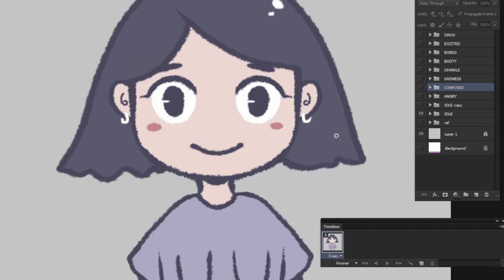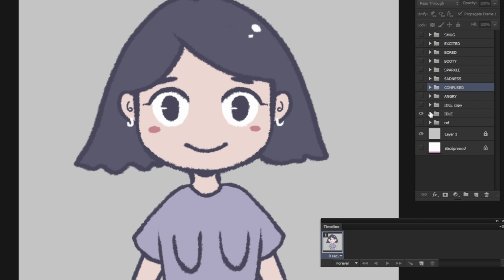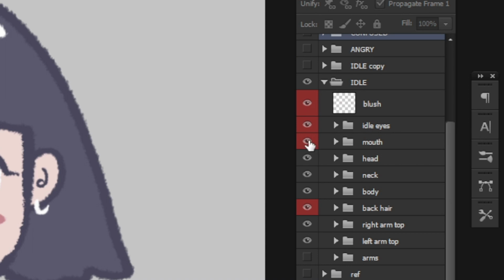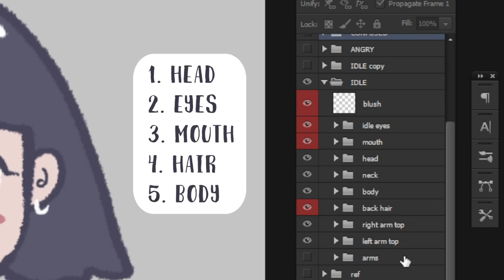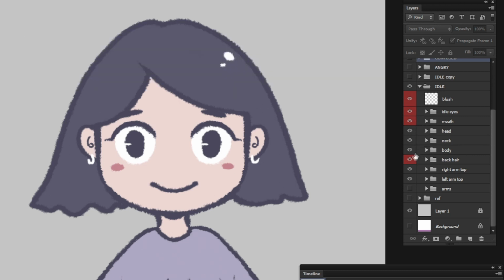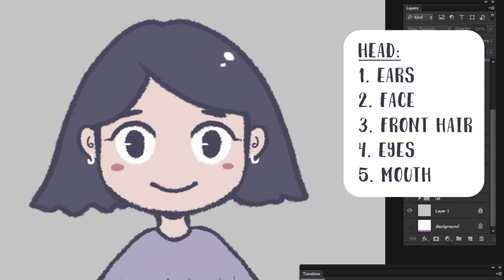Now let me show you my layers. The layers right now are looking very chaotic, but I'm going to explain why. The ones that I marked red are the ones that I am going to be animating. Now you can see there are a lot of black ones. These are just the base and they're not going to be animated. This is something for you to experiment with. You have to decide what you want your VTuber to do. With PNGtuber, it is much easier because you don't have to pull on joints and whatnot. So yeah, first I start off with the head.